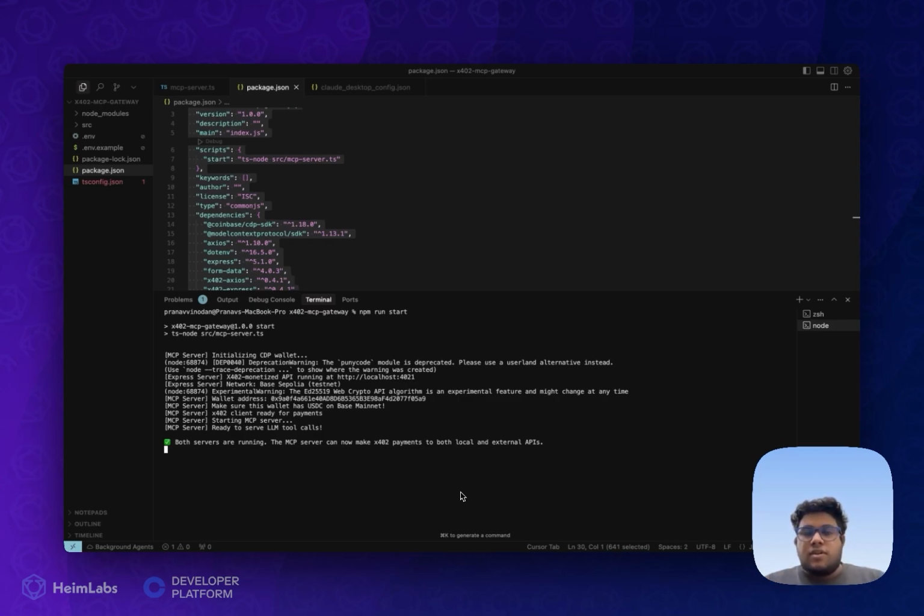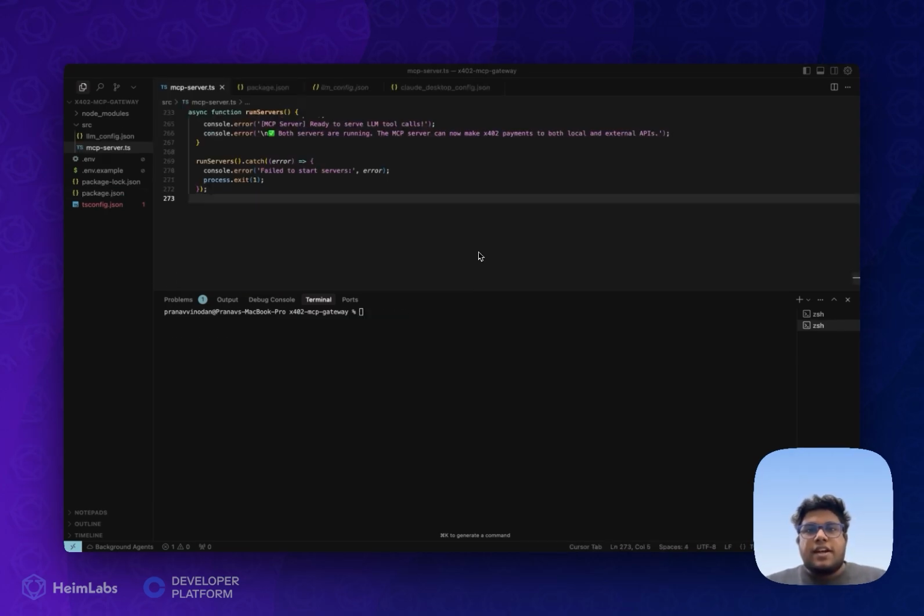Now let's test this server out with an actual LLM implementation. In this demo, I'll be using Claude Desktop on Mac. You can use any LLMs or AI providers that you like. You just need to make sure that you have correctly exported the MCP server to your AI provider or LLM, so that they can actually access the MCP server and use the APIs. So let's proceed ahead and integrate the MCP server to an LLM provider.